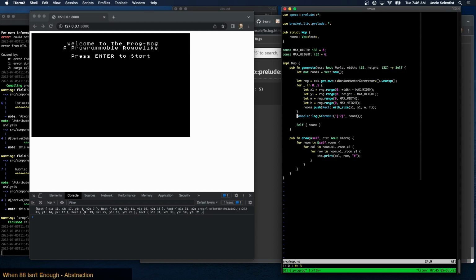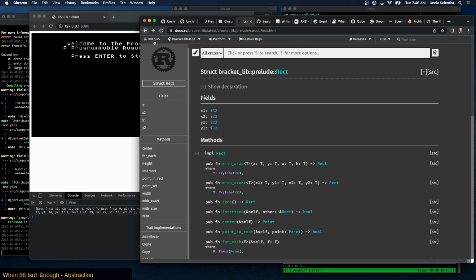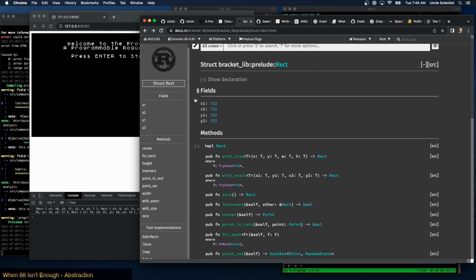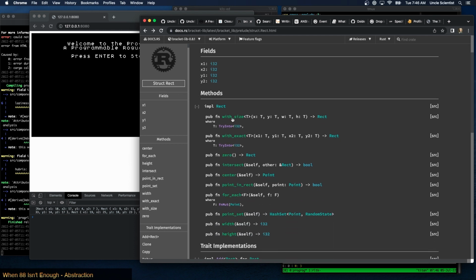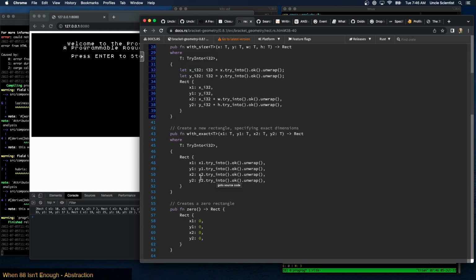So this lied to me. Or, okay, so there's no documentation to say what they are, but I thought with size was supposed to make the